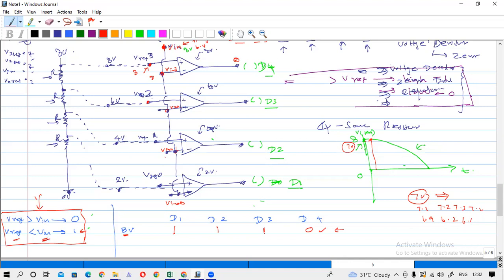Now here the Vref is 6, but we have 6.4 here. That means V in is greater than Vref, so here you will have